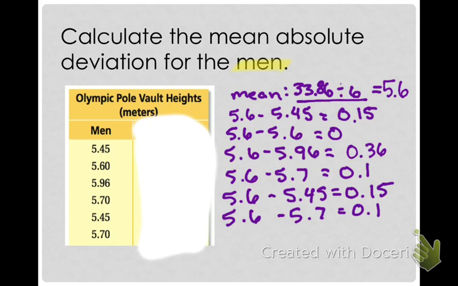As you can see, I did the absolute value of this one as well, and this very last one as well, okay? So now our next step is we are going to take those new numbers that we just got, and I'm highlighting them for you in yellow, and you're going to add those up. And they add to